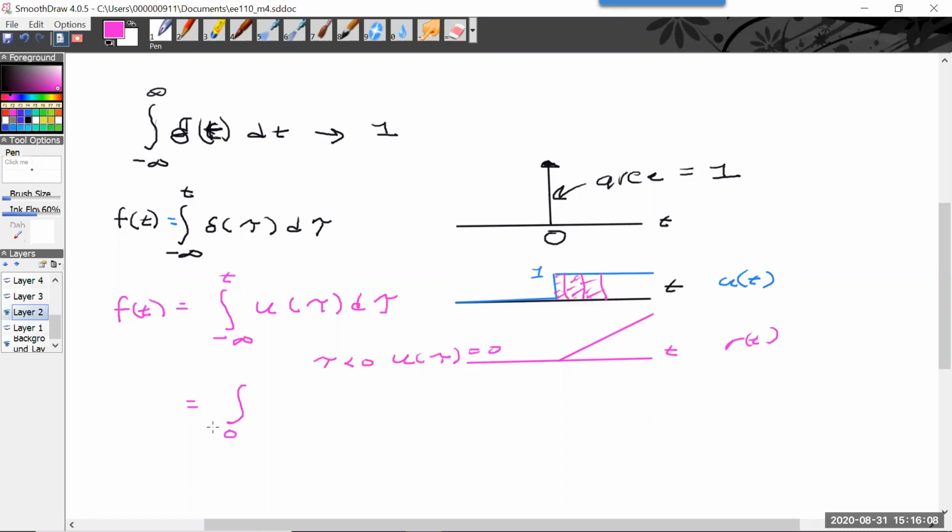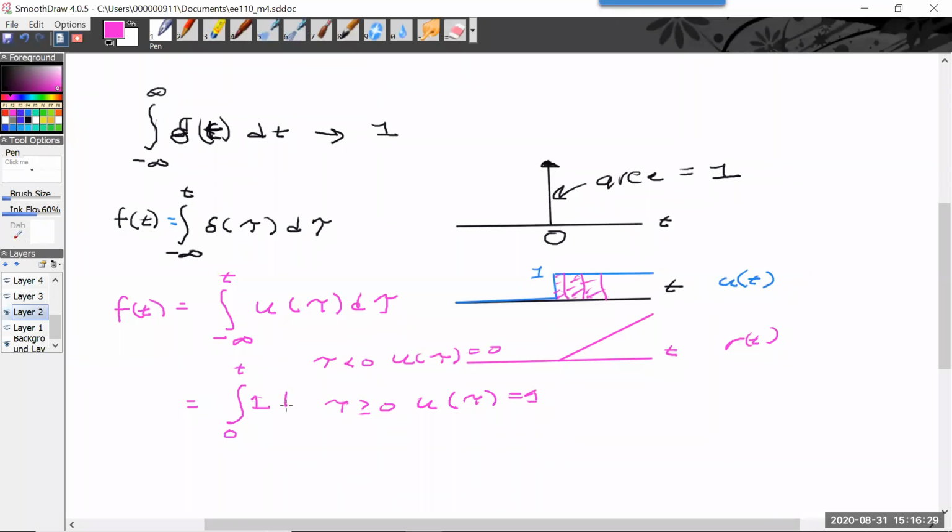So that means we can set the limit to 0, right? And in this range from 0 to t, for tau greater than or equal to 0, u of tau equals 1. So I can just substitute 1 here,